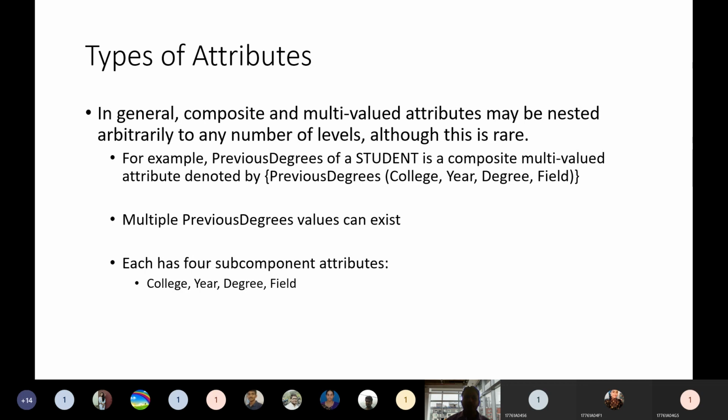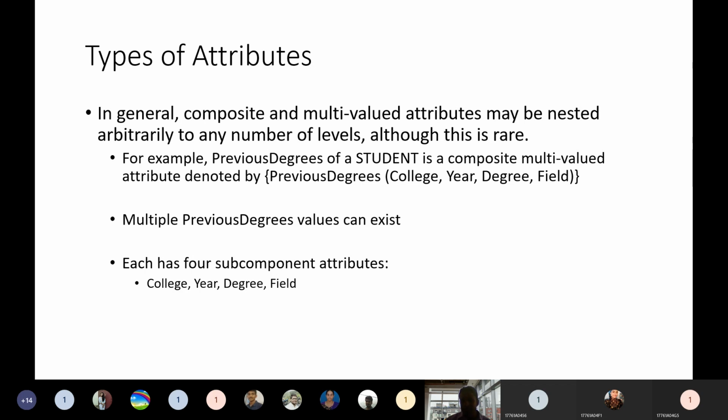If you see the example, previous degrees is one attribute, and that attribute is formed by using some other attributes like the college, year, degree, as well as field. By using all these college, year, degree and field, then only one previous degree will come.